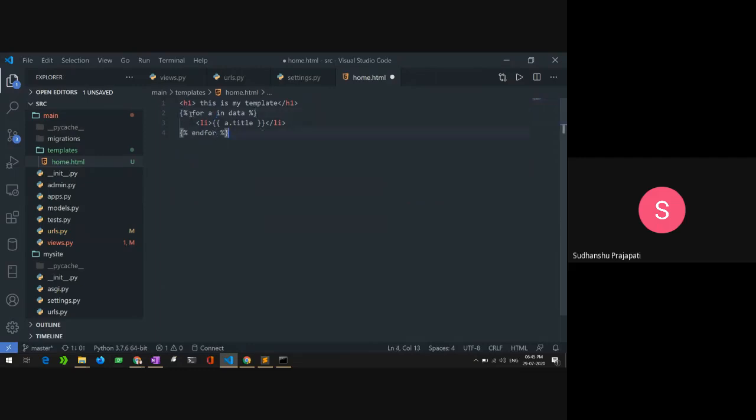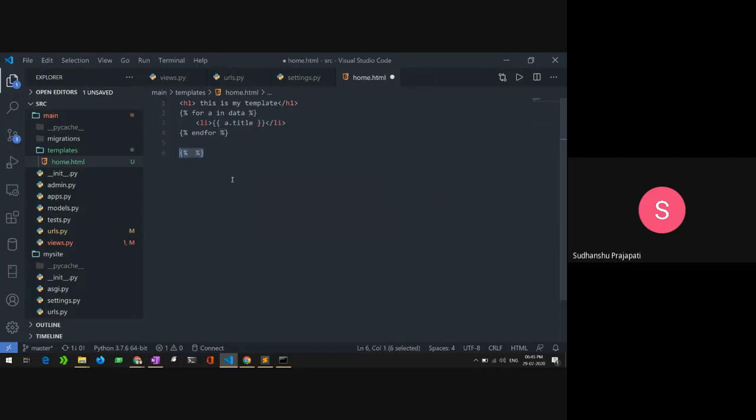This is how template tags work inside Django. You have to create curly braces and two percent signs, with a space, and between these you write the tag.